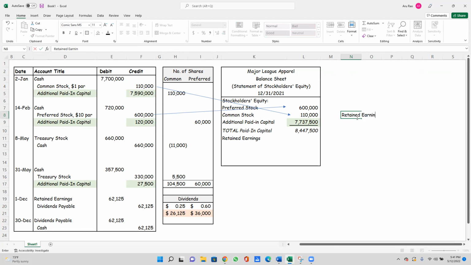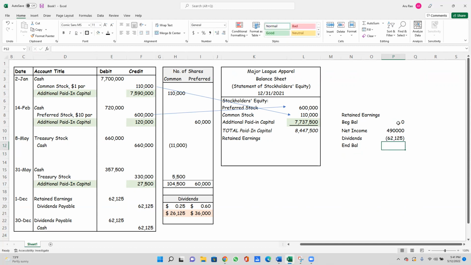Retained earnings is always calculated as beginning balance. You add net income. Well, hopefully it's a net profit. If it's a net loss, you will subtract it, and you will subtract dividends paid out, and that gives you the ending balance. Typically, this is all we are looking at. So in this case, beginning balance is 0. Net income is $490,000. Dividends, we're going to subtract this number that we paid out. This is how much we paid out, leaving us with an ending balance of,